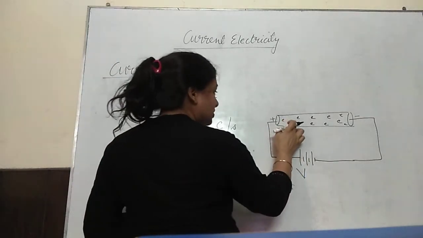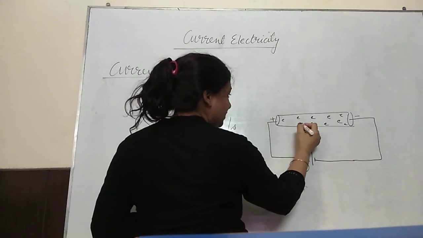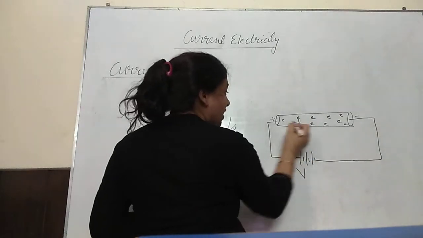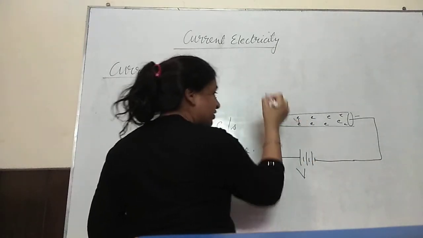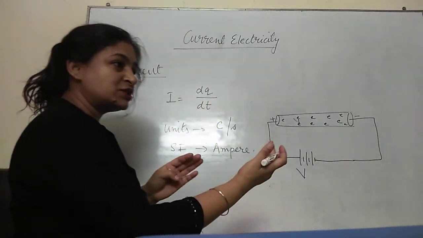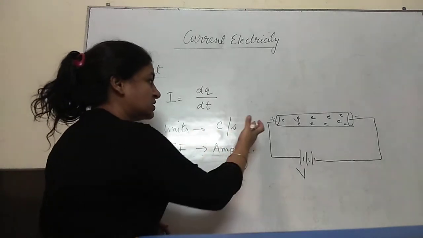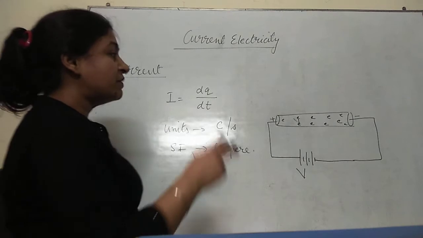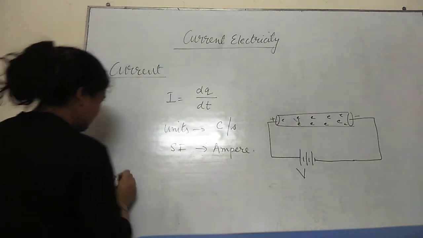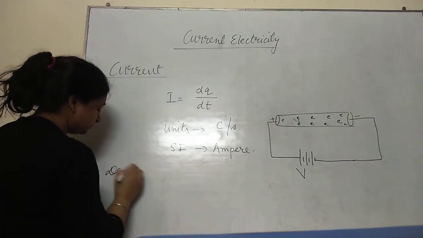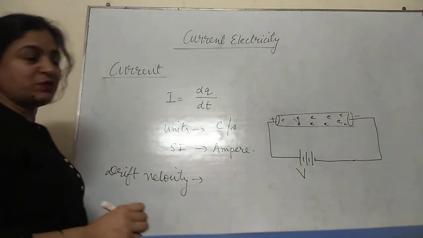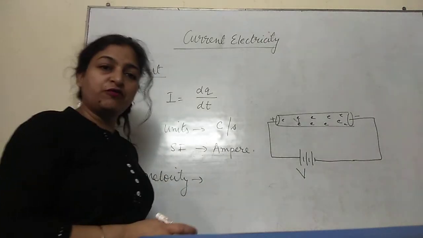So whatever direction they were going, for example, if in the absence of the potential the electron was going in this direction, now because of this positive end it will be directed towards the positive of the battery. This net velocity which the electrons have acquired towards the positive of the battery, when we have applied a potential difference across this conductor, is called the drift velocity of the electron. So drift velocity is basically the velocity which is responsible for the current.